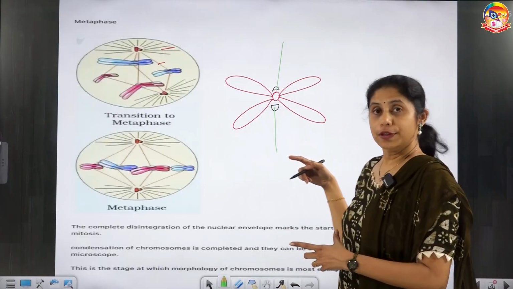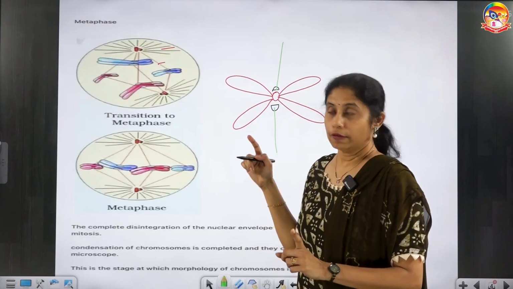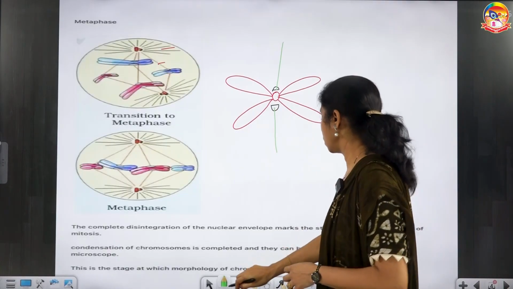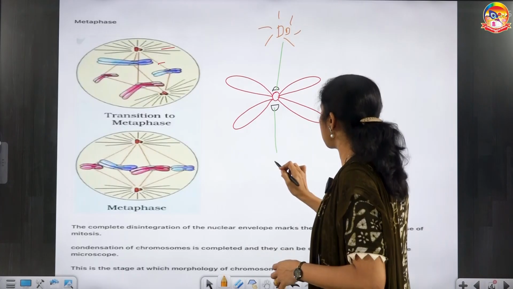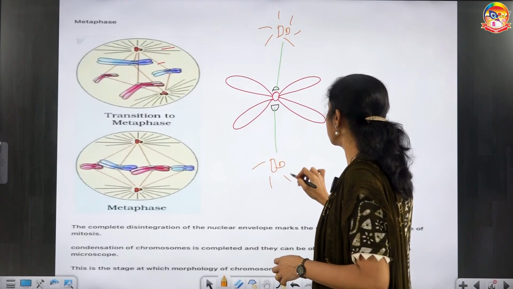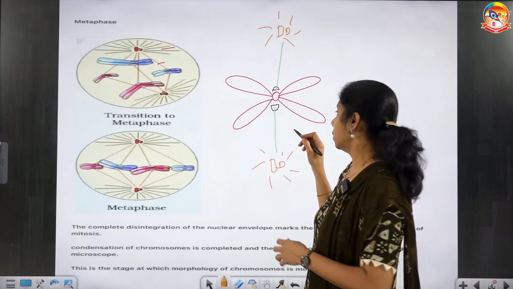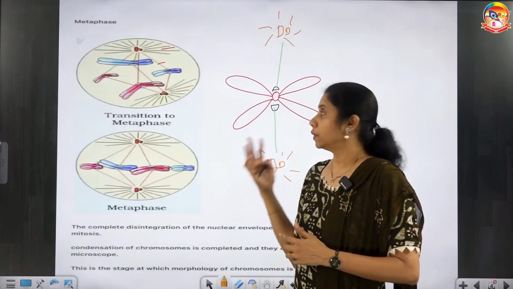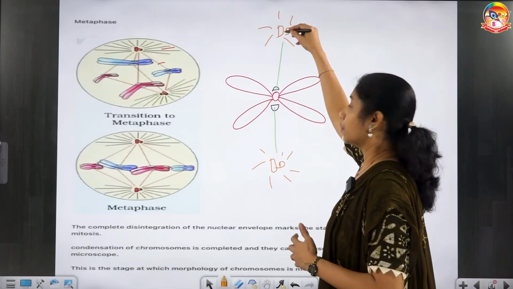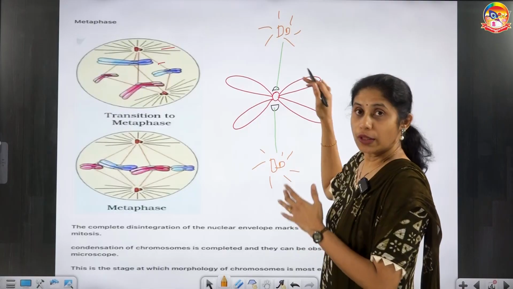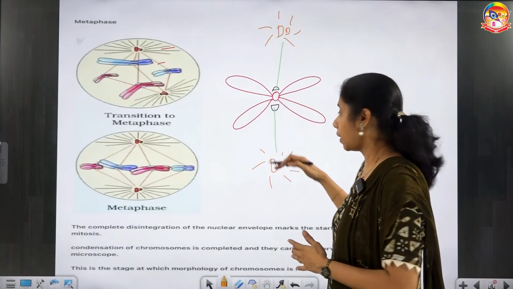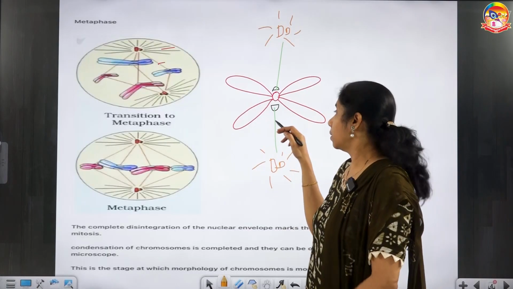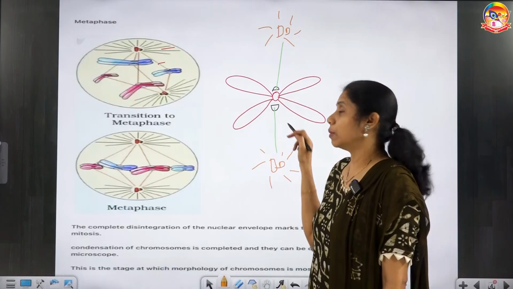So from both the poles, okay, each chromosome is connected from both the poles by two spindle fibers. From this pole, one spindle fiber will be coming from this aster, and from this aster also one spindle fiber will be coming, and by two spindle fibers each chromosome is connected from both the poles. This is the important thing here. So from one aster, one spindle fiber will come and to that side kinetochore it will be attached. From another side, one more spindle fiber will come and to the same chromosome on the opposite side to the other sister chromatid kinetochore, this will be attached.